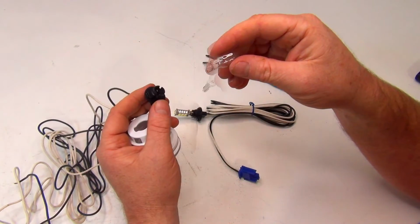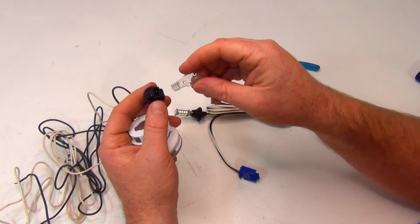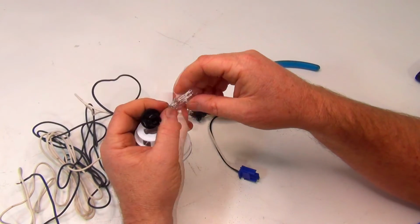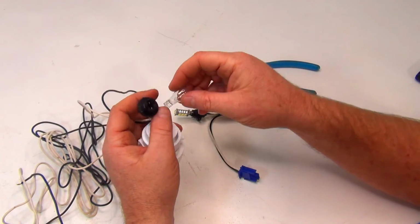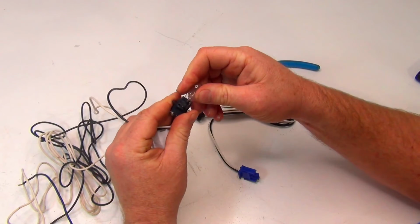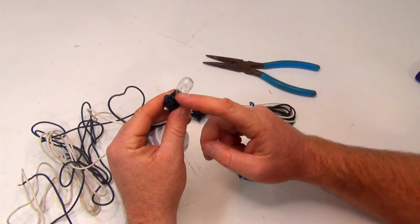Comes out. Same thing when you replace it, but don't grab it with your fingers, just because of the oils and stuff on your finger. Just take a tissue paper and put it over top and then put it in. Now if you ever wanted to change this, now